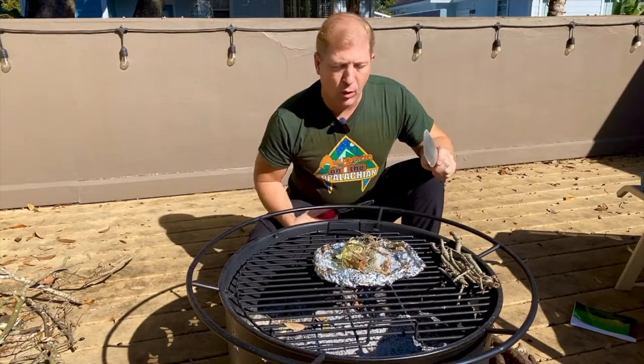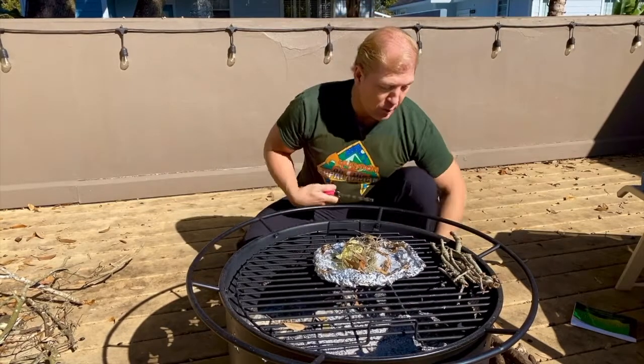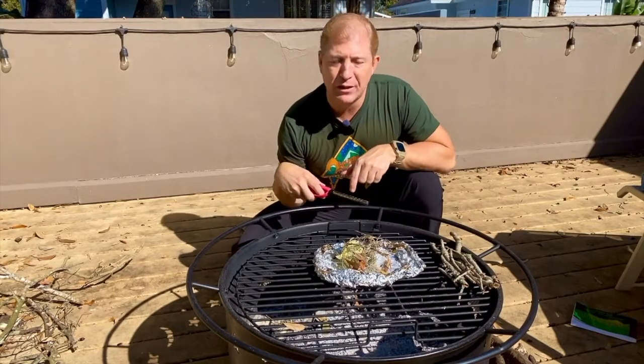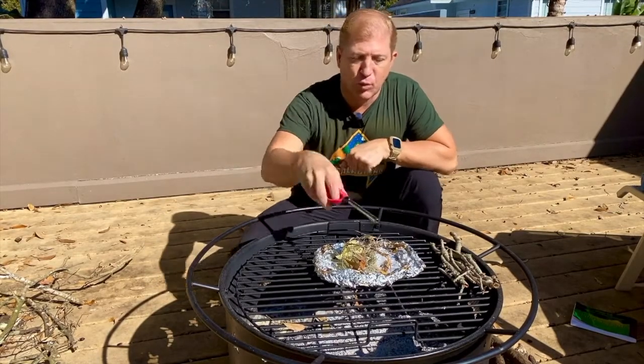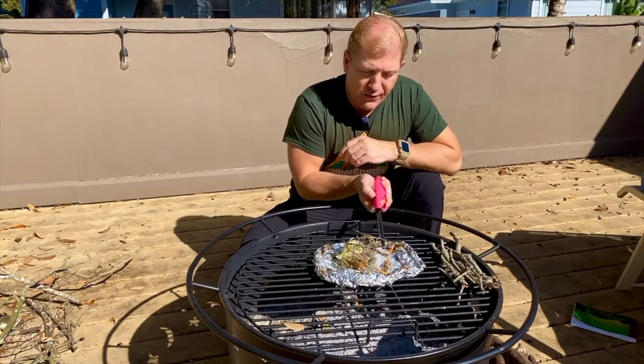Also, make sure you keep either a trowel or something that you can dump dirt on if it starts to get out of control. All right, you want to make sure you're always in control, and use an organized fire pit, or if you have to, line it with rocks, because you don't want to let the fire get out of control. All right, so let's go ahead and start it off here. We're going to light the...